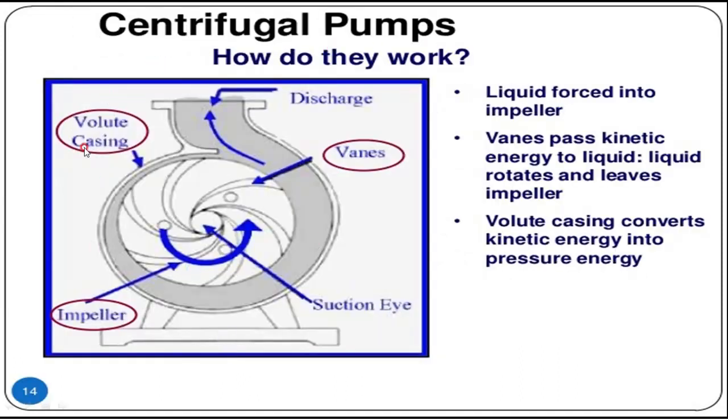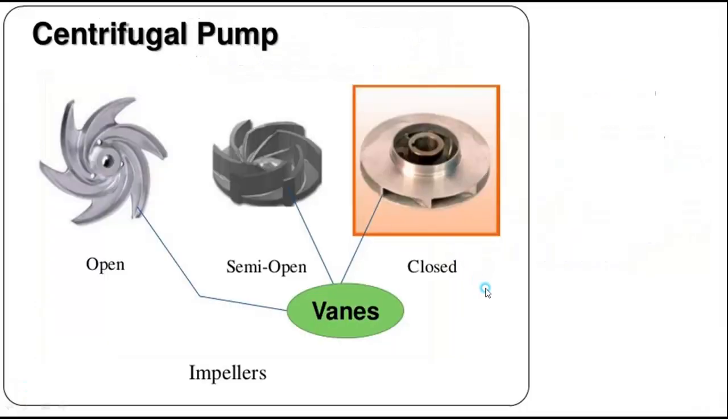Next, the working procedure of centrifugal pumps you can see here. The water will be coming to the suction eye. Suction eye means some vacuum will be created here, and water will come in. Then when water comes here, it will be continuously rotating. When this is rotating, the water will flow to the upper end. Okay. Impellers, you can have different shapes of impellers. This is the open impeller, this is a semi-open impeller, and this is a closed impeller.